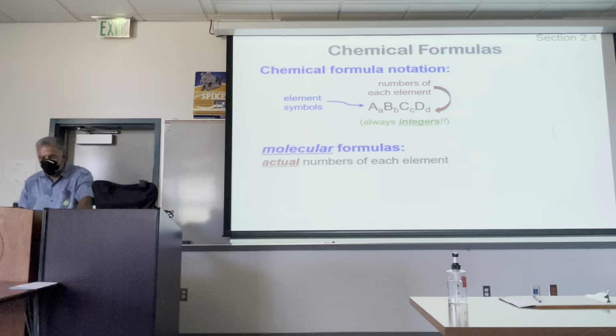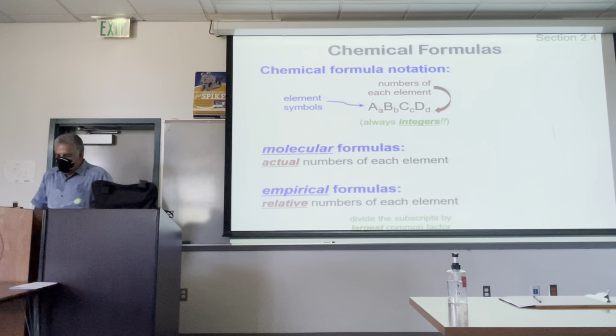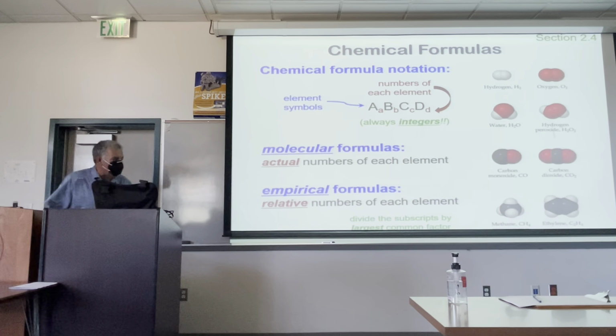Molecular formulas are the actual numbers of each element in the compound. Empirical formulas are the relative numbers of each element. So you divide by the subscripts, the largest common factor. So, for example,